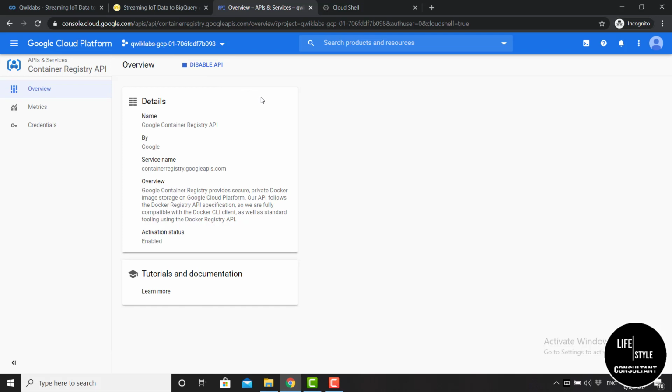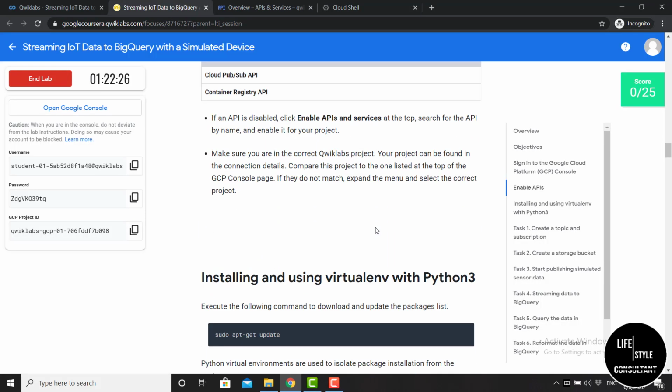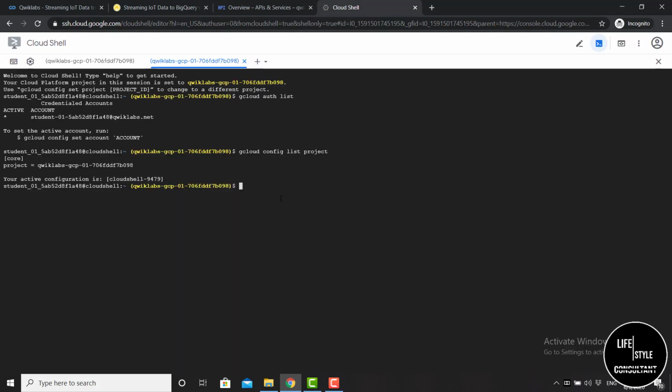Now you have to install and use virtualenv with Python 3. To do this, just go to Cloud Shell and you need to type a command to download and update the packages list. So go to your Instruction tab and scroll it down and you will find this command, sudo apt-get update. Just copy this and go to your Cloud Shell tab and press Ctrl+V to paste the command.